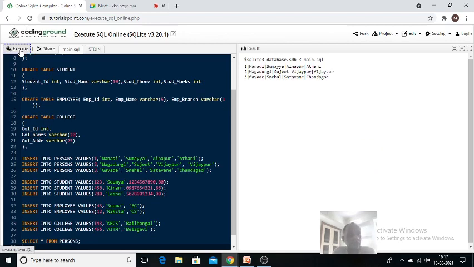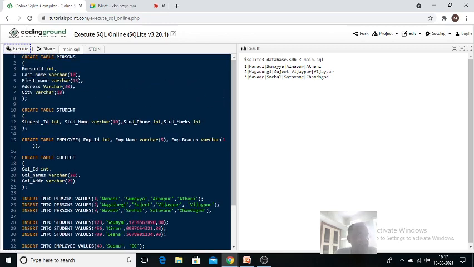See here now. See here it is there. Where is that persons table? Here it is, person table. Person ID is there. It is of type integer. Last name, first name and address, city. See here now. Here. This is the content, or how many values we have entered? 3 values we have entered. 1, 2, 3. Like this we got.